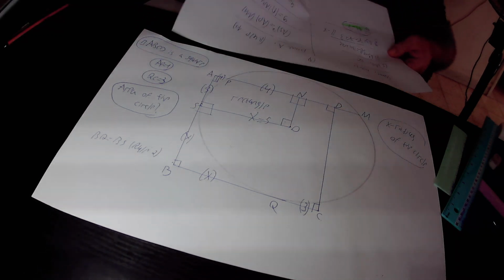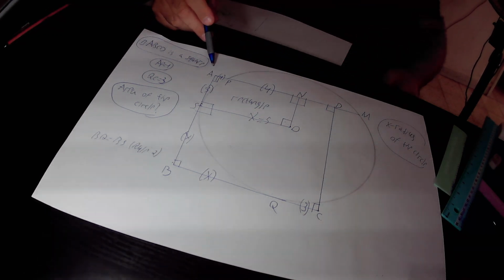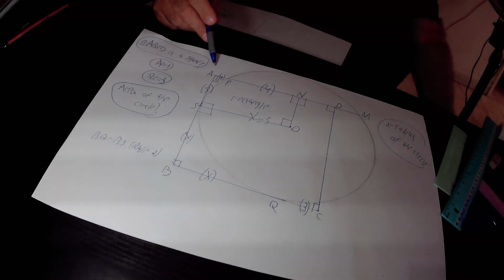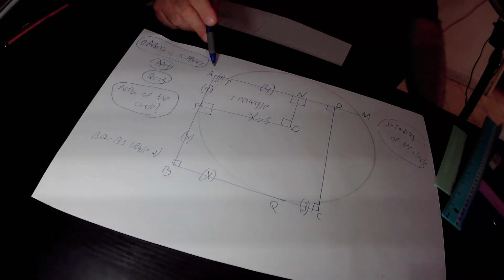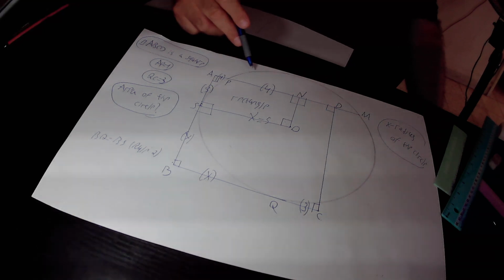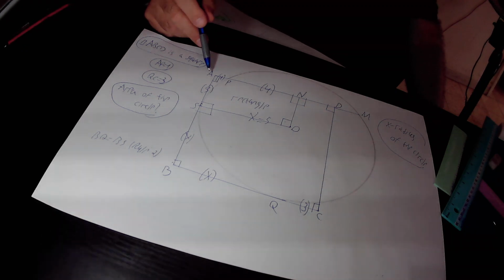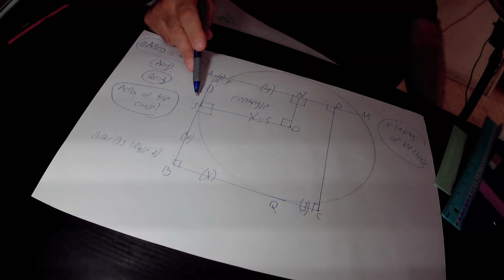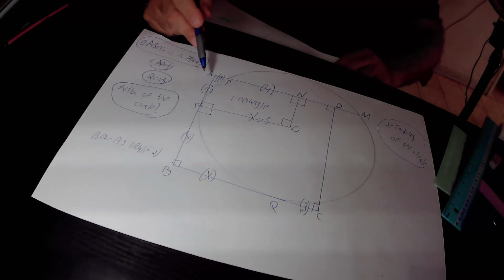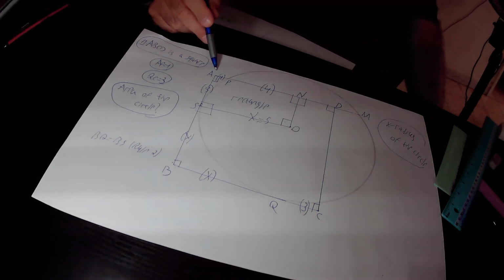So if we focus on this common standpoint, point A is also the vertex of square ABCD, but A is also a common standpoint in relation to the circle. So from this common standpoint A, we have tangent AS that is tangent to this circle at point S. In addition, from the same common standpoint A,